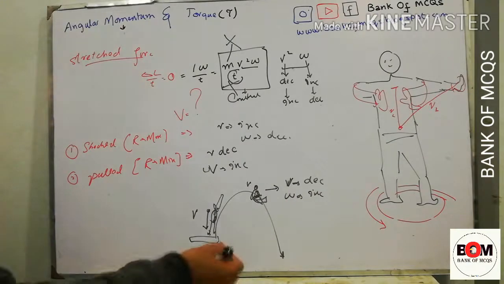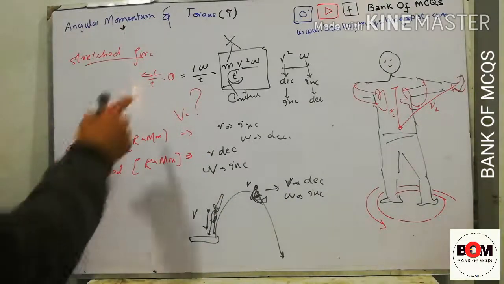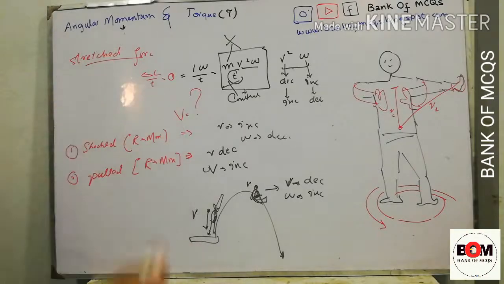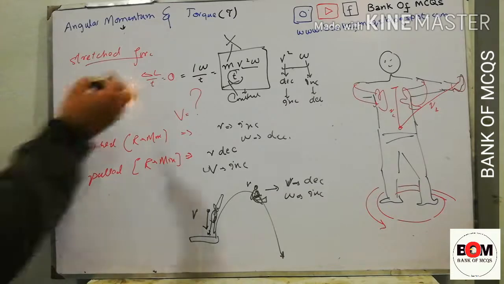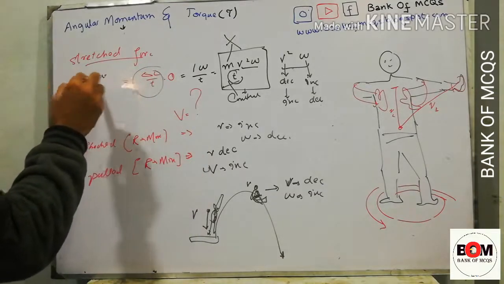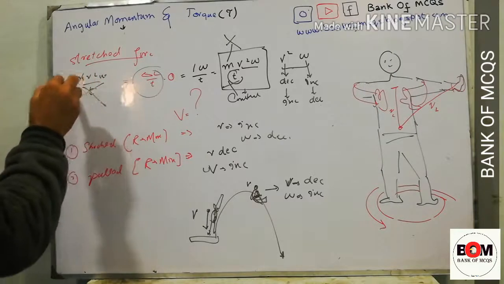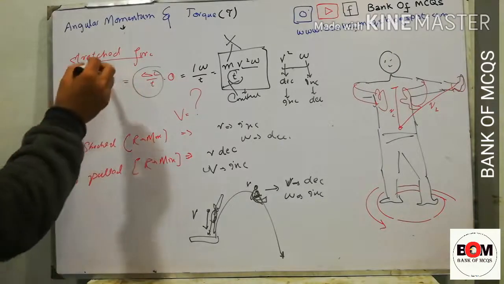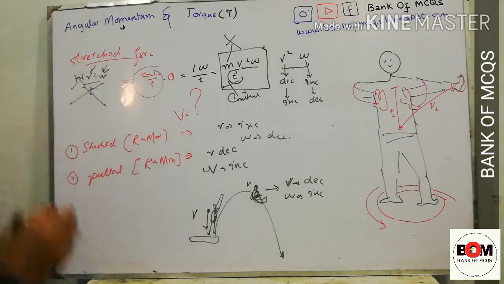So this was the law of conservation of angular momentum, that delta L by t is equal to constant. So as delta L by t is equal to constant, we can write that m r square omega by t is equal to constant. r, t and m can't be changed, so the relation is between omega and r. So if we decrease the r, the omega will be increased. So this is performed by acrobats and somersaults, or in Olympics they all play the same tricks.